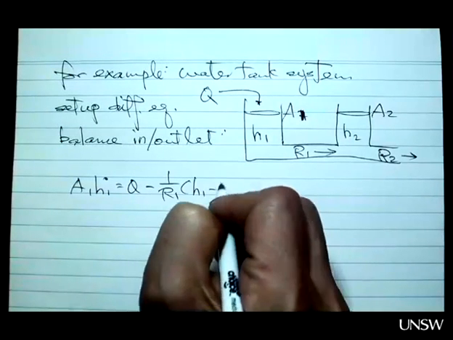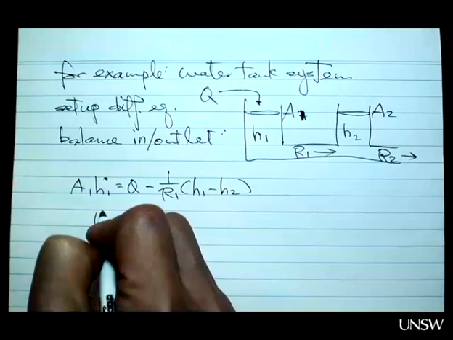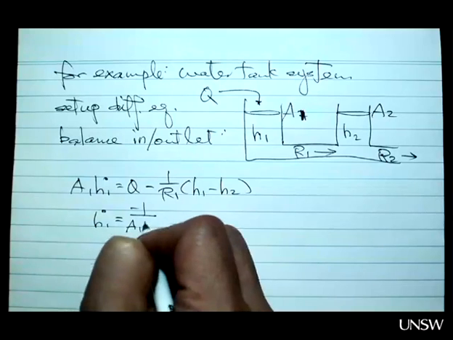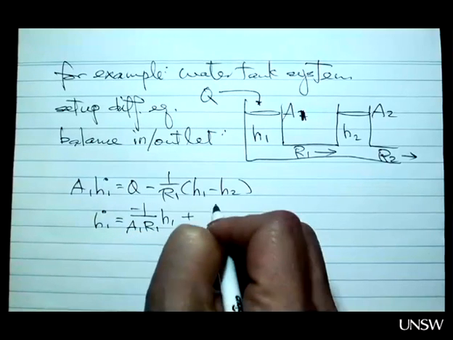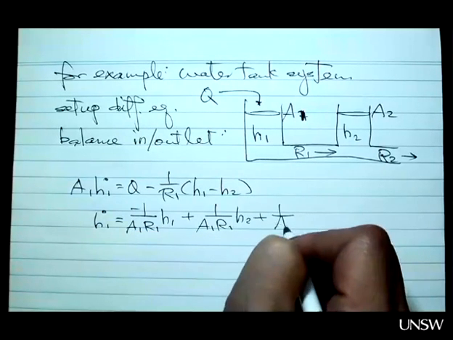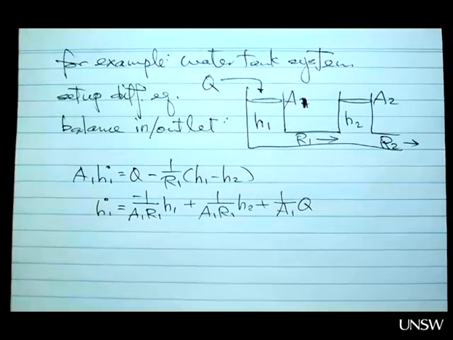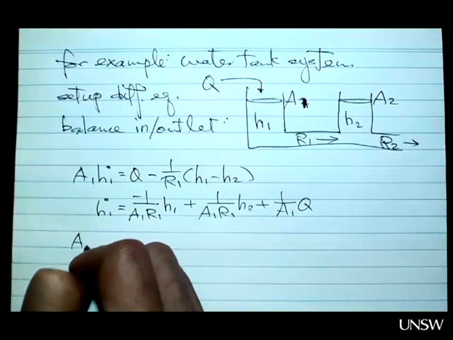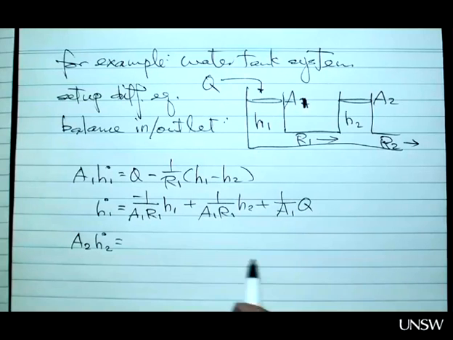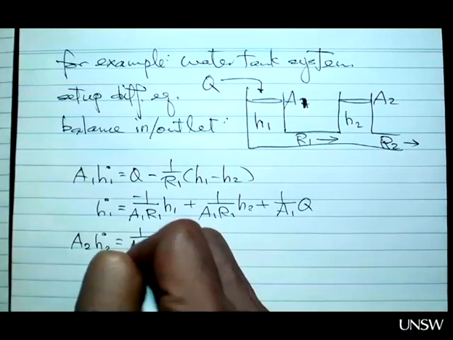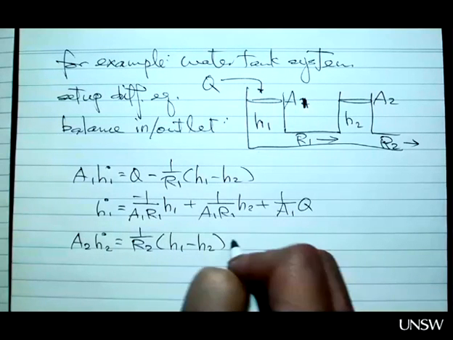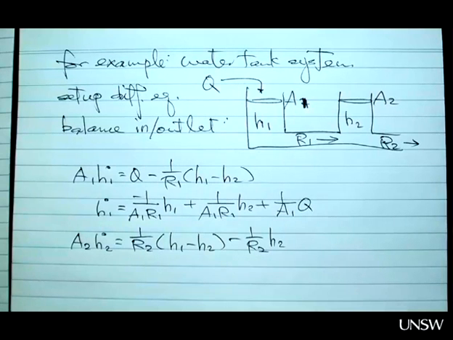So we can rearrange the equation, and then we have, and then for the other tank, for the second tank, the inlet is only from tank 1, and then the outlet. Then rearrange, we have